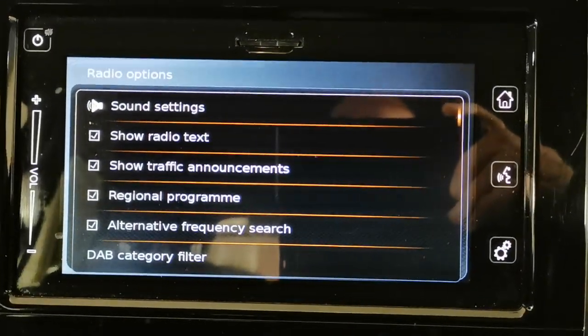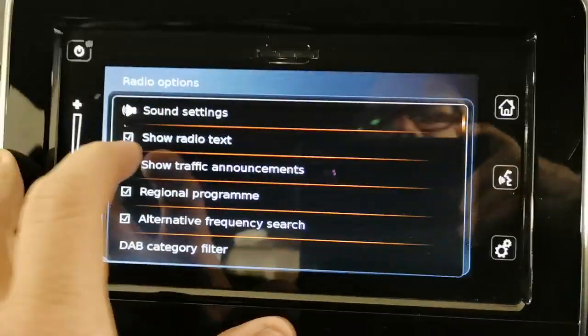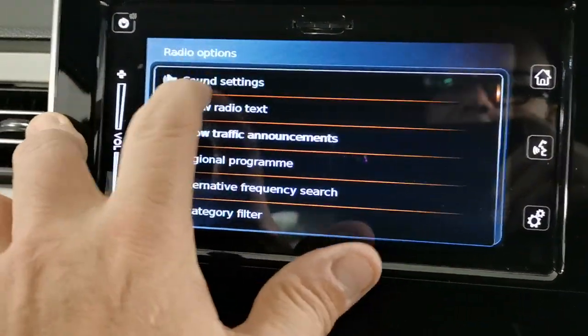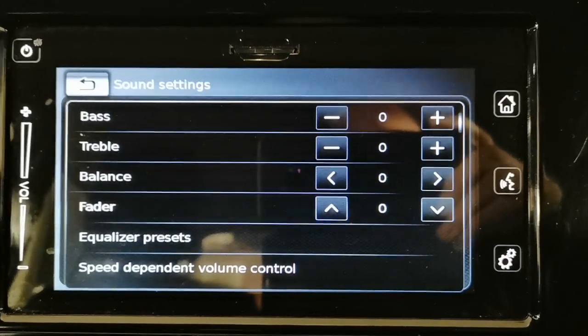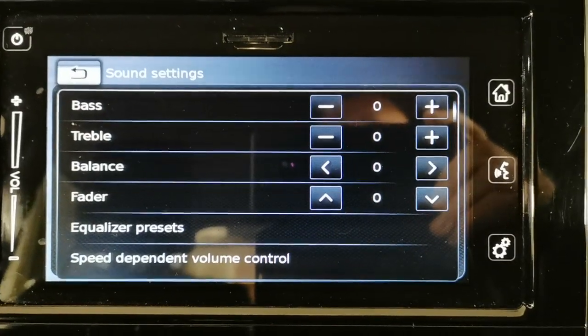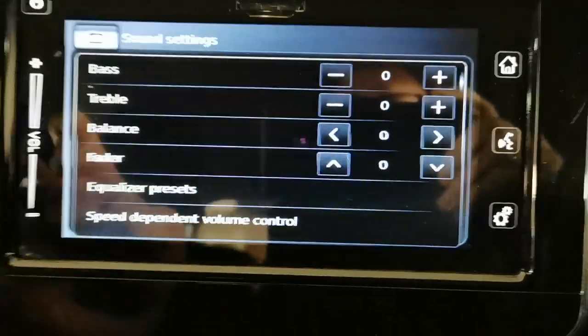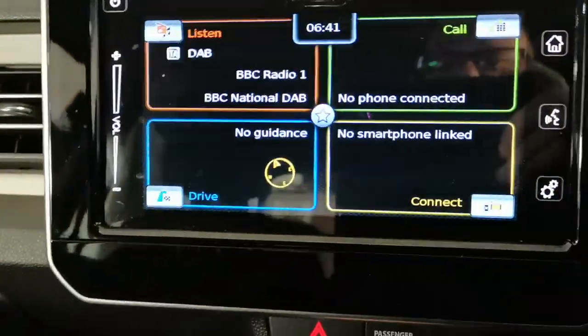So that'll give you bass, treble, fader, balance. It'll also give you speed dependent volume control, all that sort of stuff. Yeah, there it is. Bass, treble, fader, balance, equalizer preset, speed dependent volume control, which adjusts the volume to compensate for any road or engine noise. So back button here, it's so simple. Home screen here,